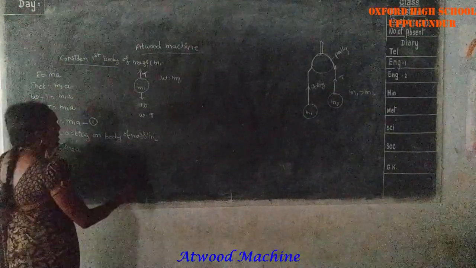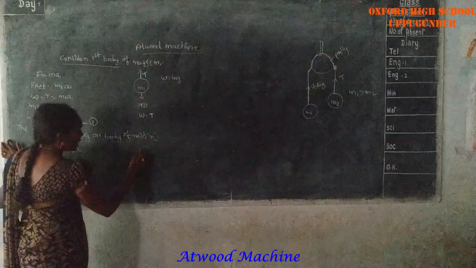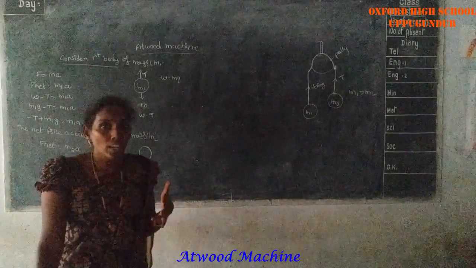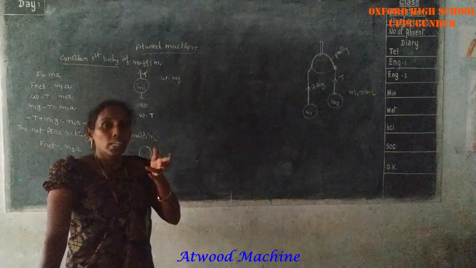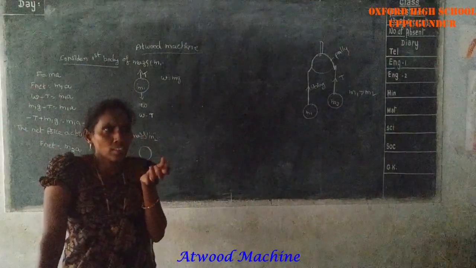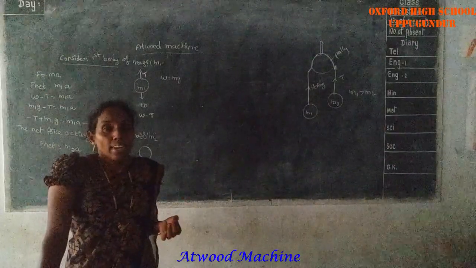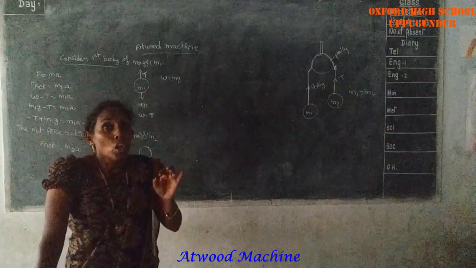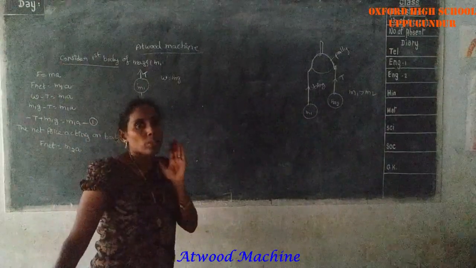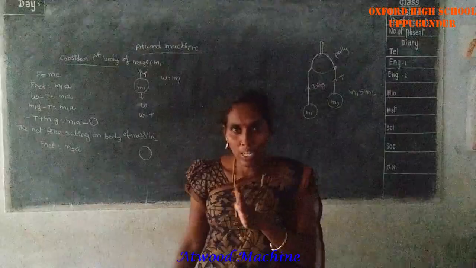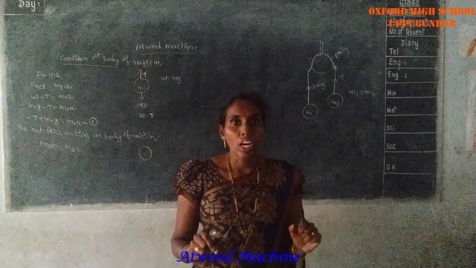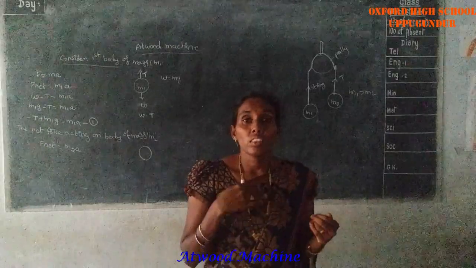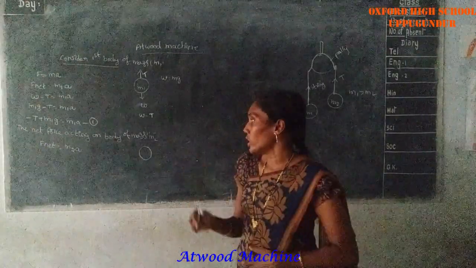Here is the net force acting on the body of mass M2. Draw the free body diagram. What is the free body diagram? We know very well about the free body diagram. In 8th class physics, I think the lesson name is force or friction. A free body diagram shows all the forces acting at a particular instant on an object. That diagram is called a free body diagram.